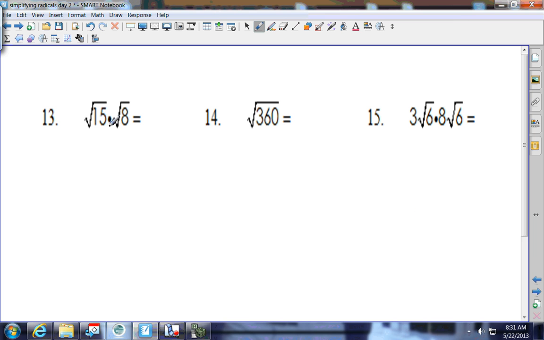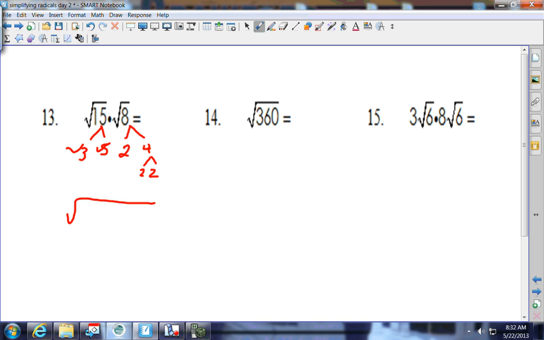All right, on the next one, we're taking the square root of 15 times the square root of 8. Well, I'm going to break up 15, and that's 3 and 5. Those are prime, leave it alone. 8 breaks up into 2 and 4. 4 breaks up into 2 and 2. So now underneath the square root sign, I have